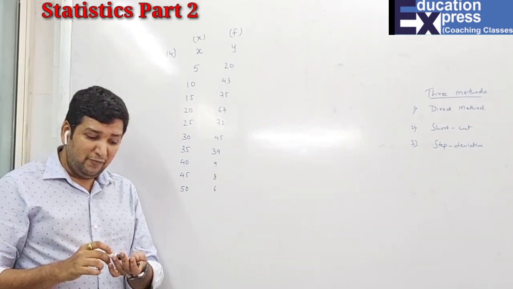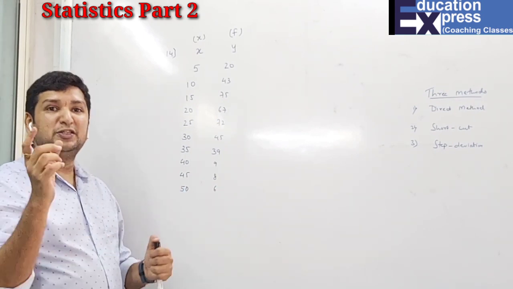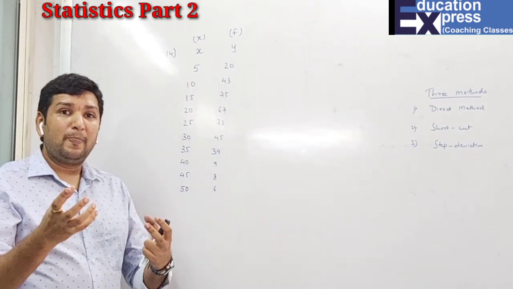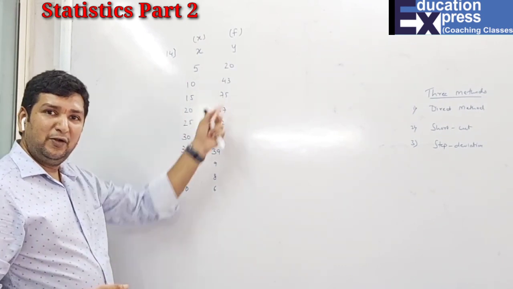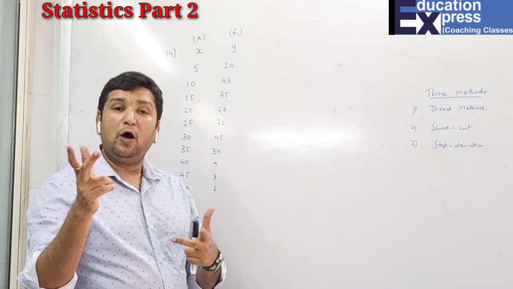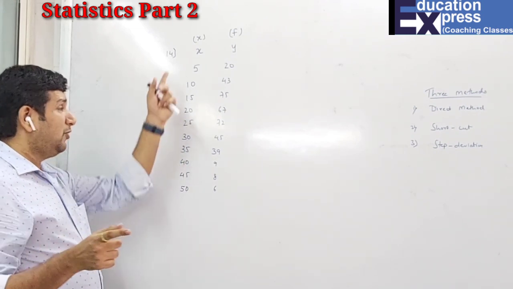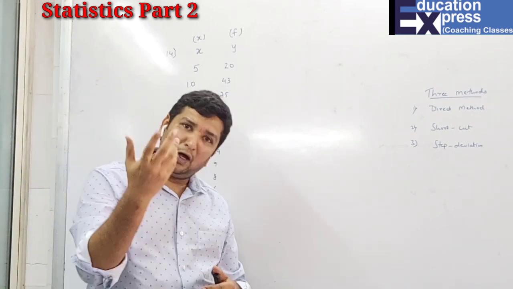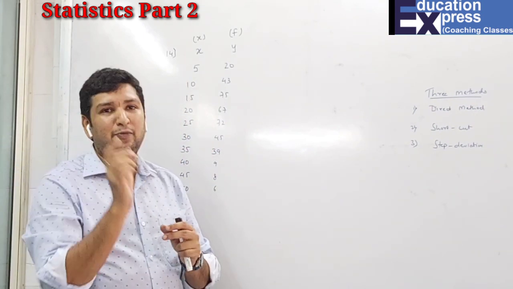In this, we will assume the mean. That means before solving, we assume a certain number as the mean. Now tell me, students, where will the mean come from? Whether it is mean, mode or median, the answer will be from the observation only. So you will assume a certain number as your mean from the observation. Which number should be assumed? You have to assume the number which is in between, exactly in the middle.